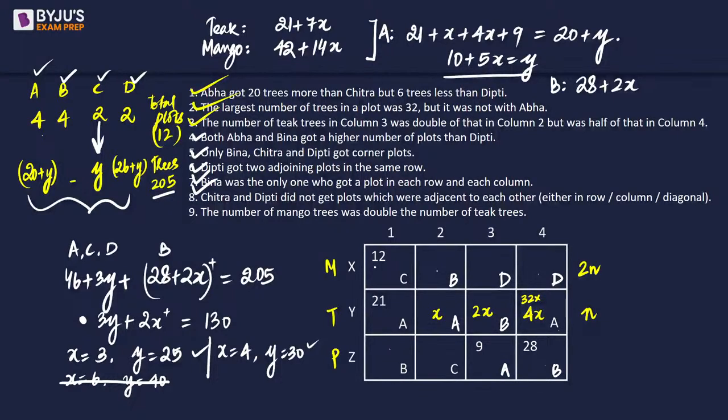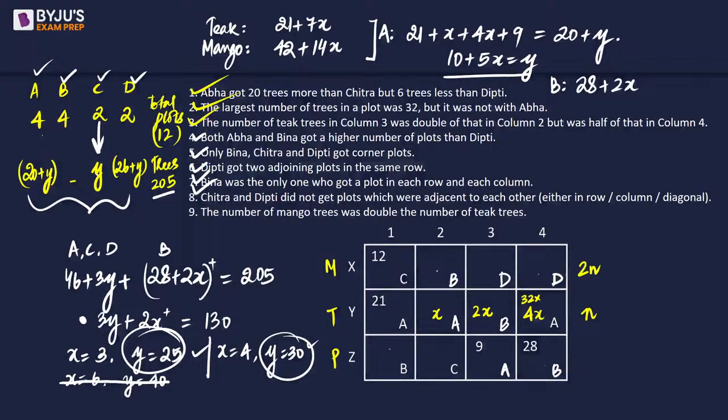C has 12 already, right? And if we are saying that y is going to be 30, then this will be our 18, which makes perfect sense. Okay. Next is if I take y as 25,